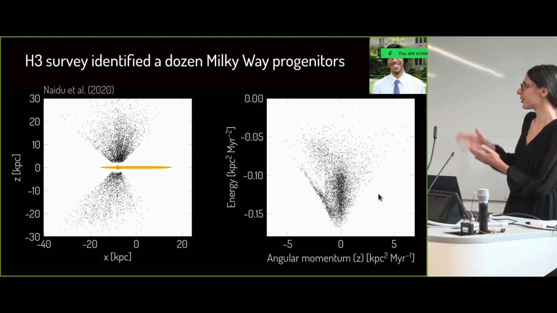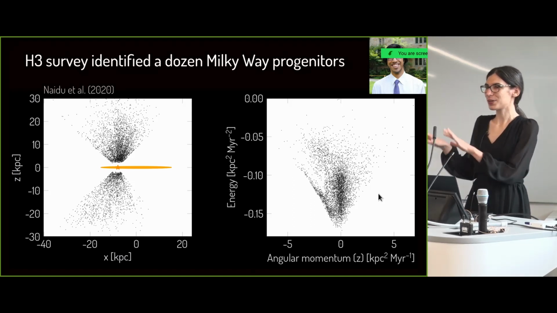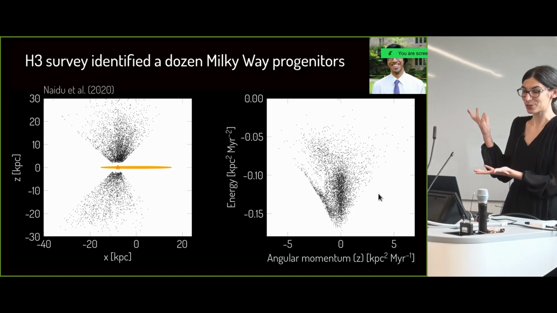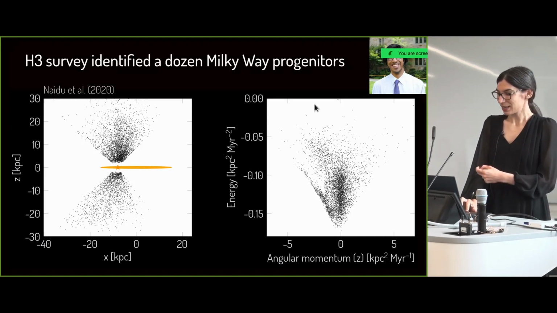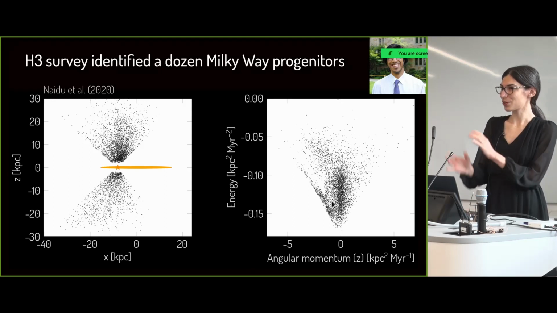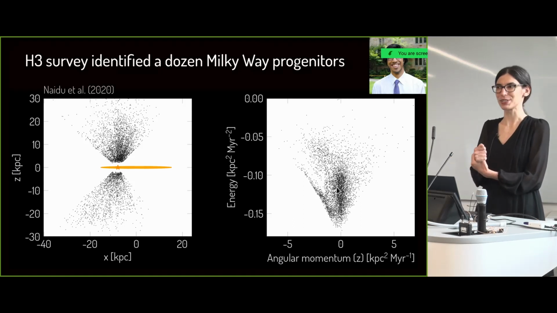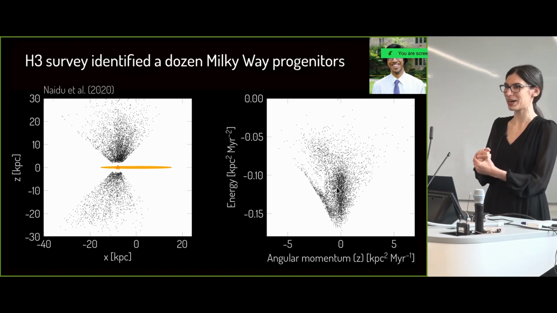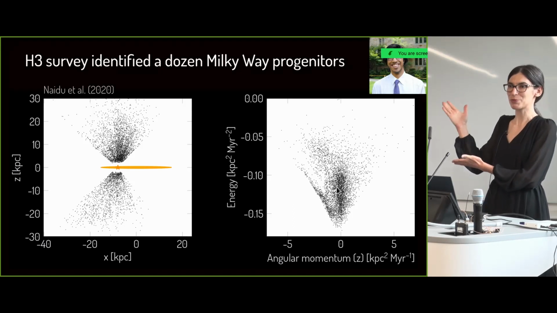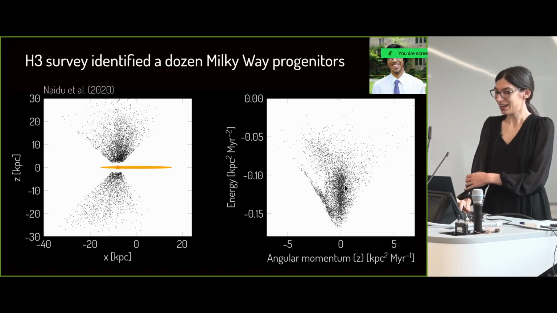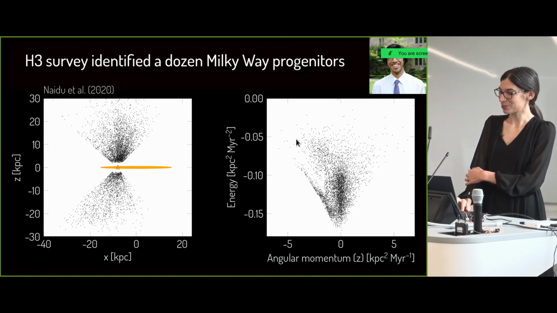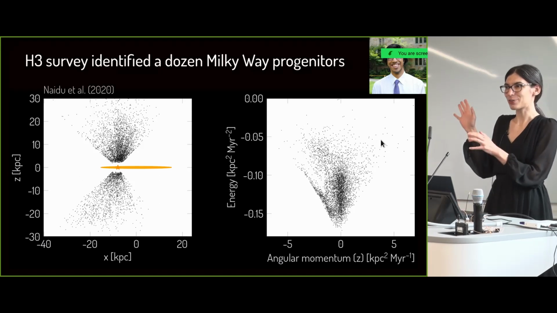And so without further ado, here's work from Rohan Naidu showing the space in the H3 data. As you can see, this phase space diagram actually looks pretty structured. We have most of the halo stars here at angular momentum of 0. There's this big cluster which was identified as one of the first science results from Gaia, saying that this is the most massive merger that happened in our galaxy. Then another one, the Sagittarius galaxy that we just saw, is part of this structure over here. And so those are the two main structures.